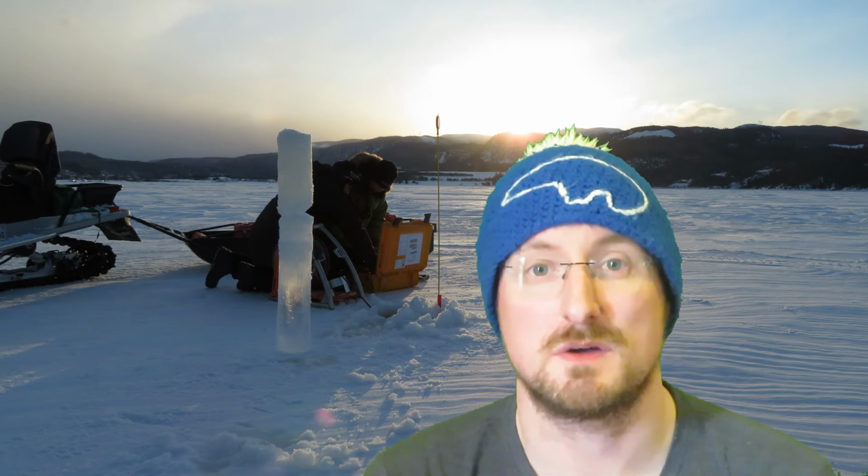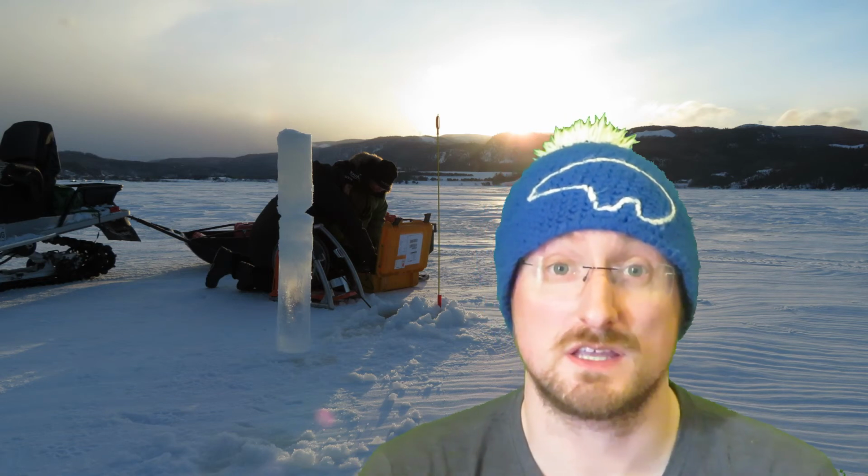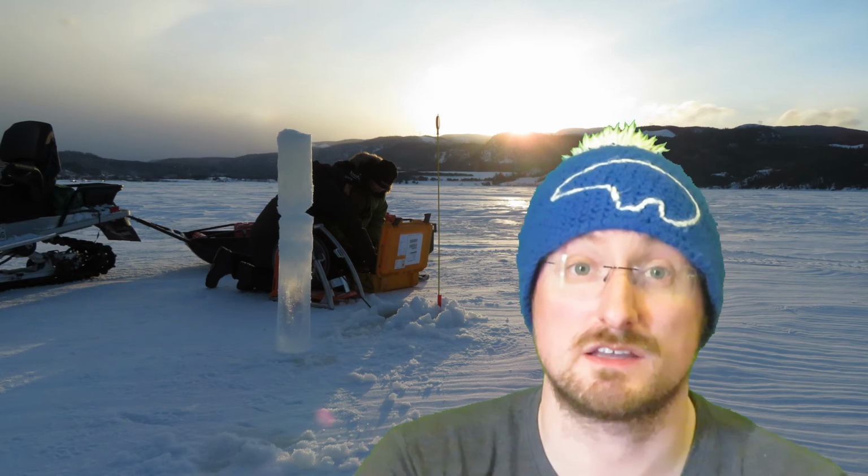I hope you learned a bit about how acoustic positioning and sonar is working and how we are using it underneath sea ice to navigate our robotic